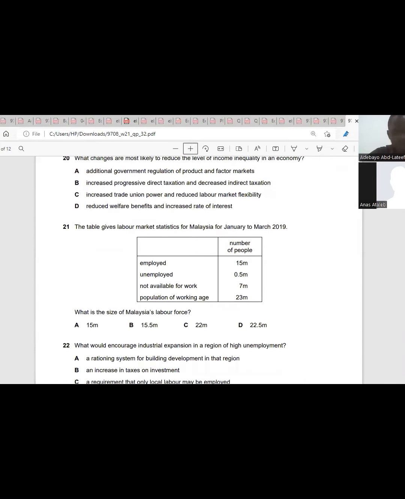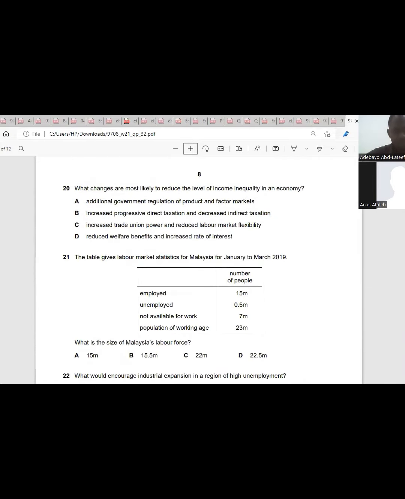Okay. Question 20. What changes are most likely to reduce the level of income inequality in an economy? So how can income inequality reduce? You increase progressive tax and reduce indirect taxation. It's B, sorry. Because when you increase progressive tax,